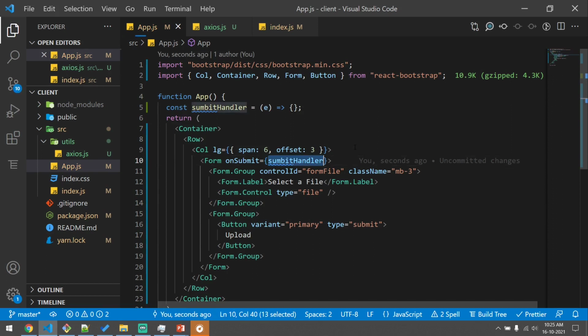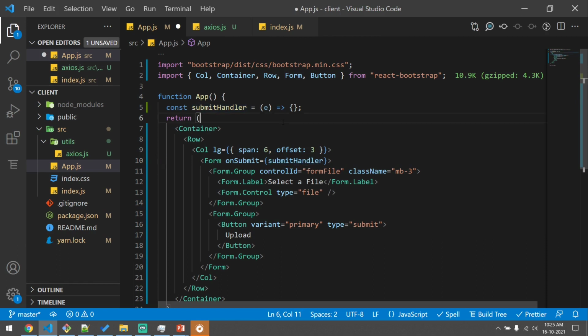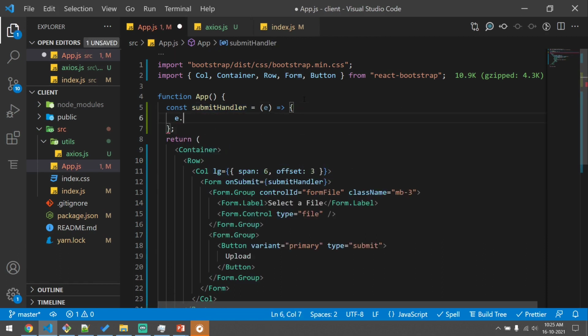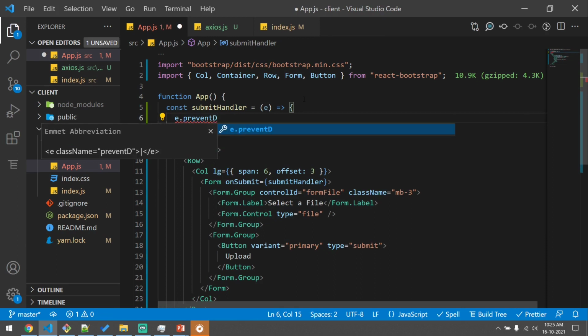I did a typo there, let me just rename it. Let us call e.preventDefault so that whenever a user clicks on the submit button, the page does not get reloaded.